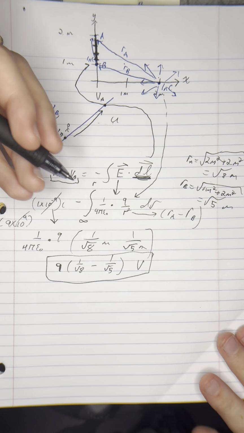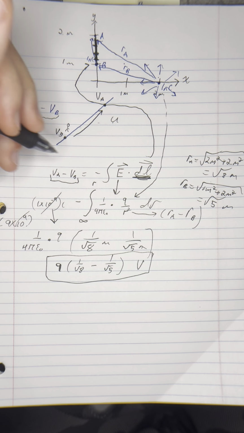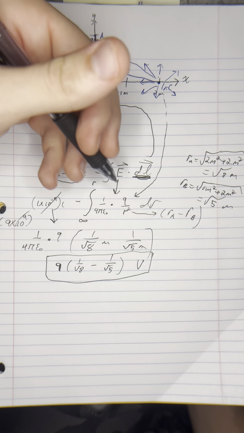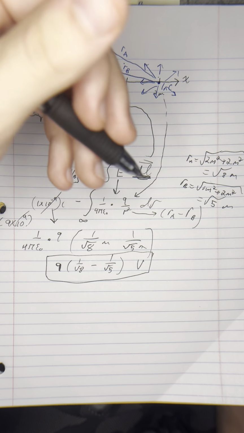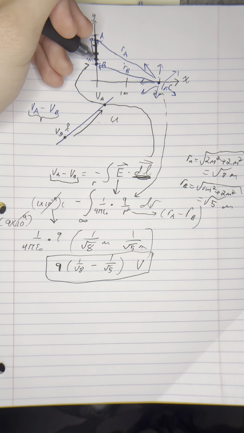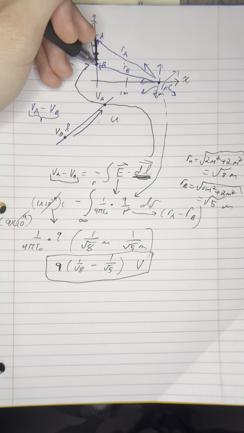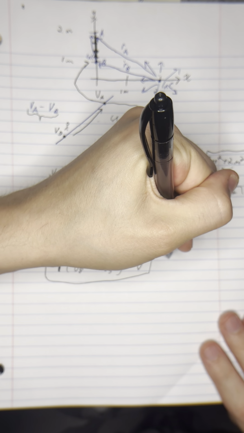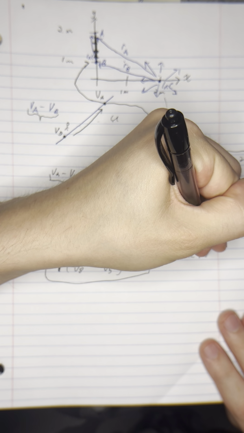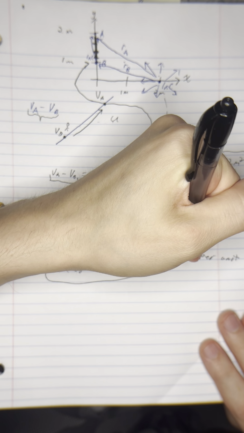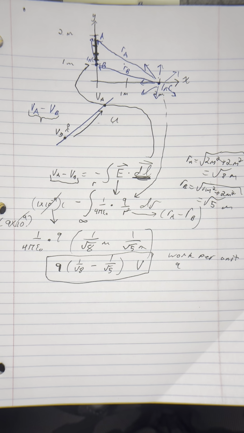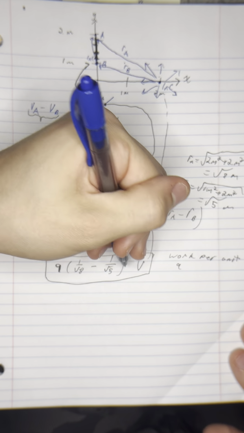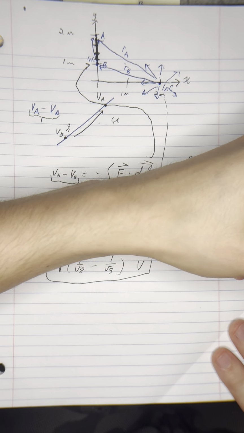Now, what actually is this? Like I said, we're putting in work to get potential energy, right? But this isn't total work. This would be the work per unit charge to go from this point to this point, right? So this is work per unit charge. Knowing this makes part B super easy, because yes, it's voltage, but you need to understand